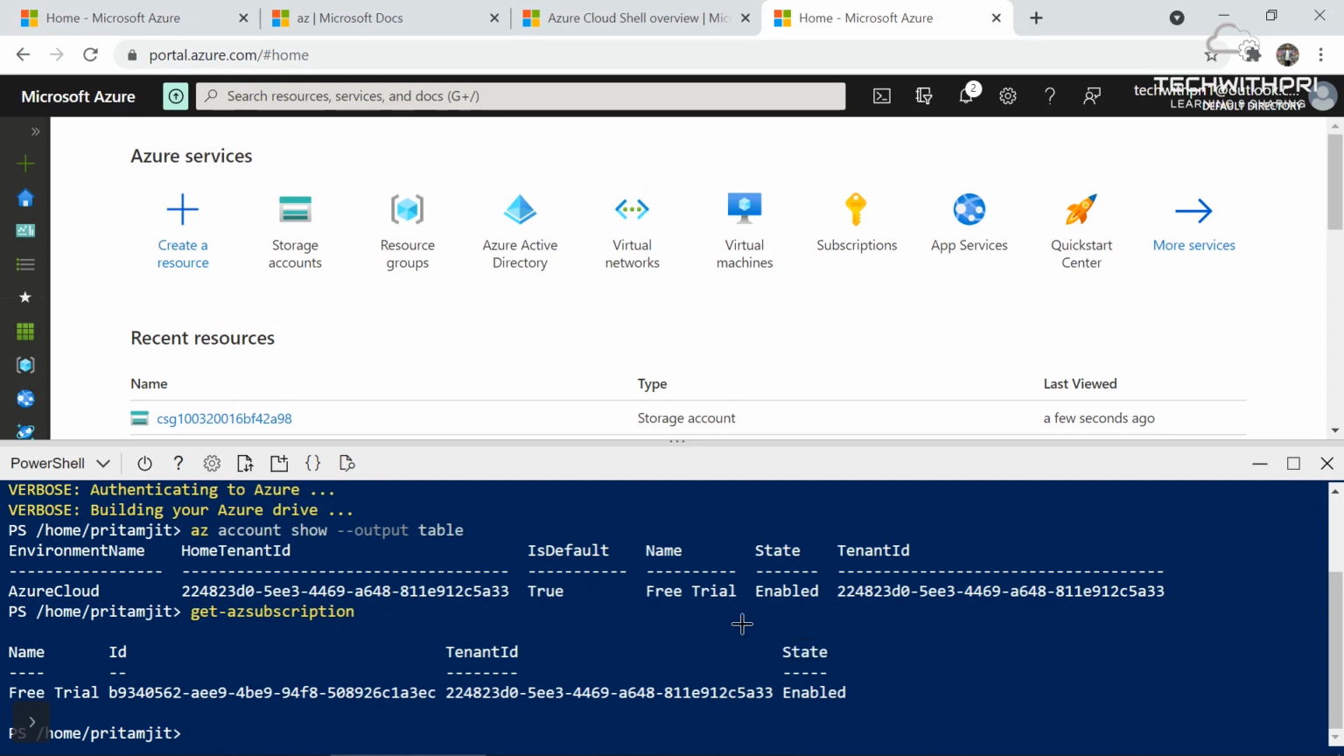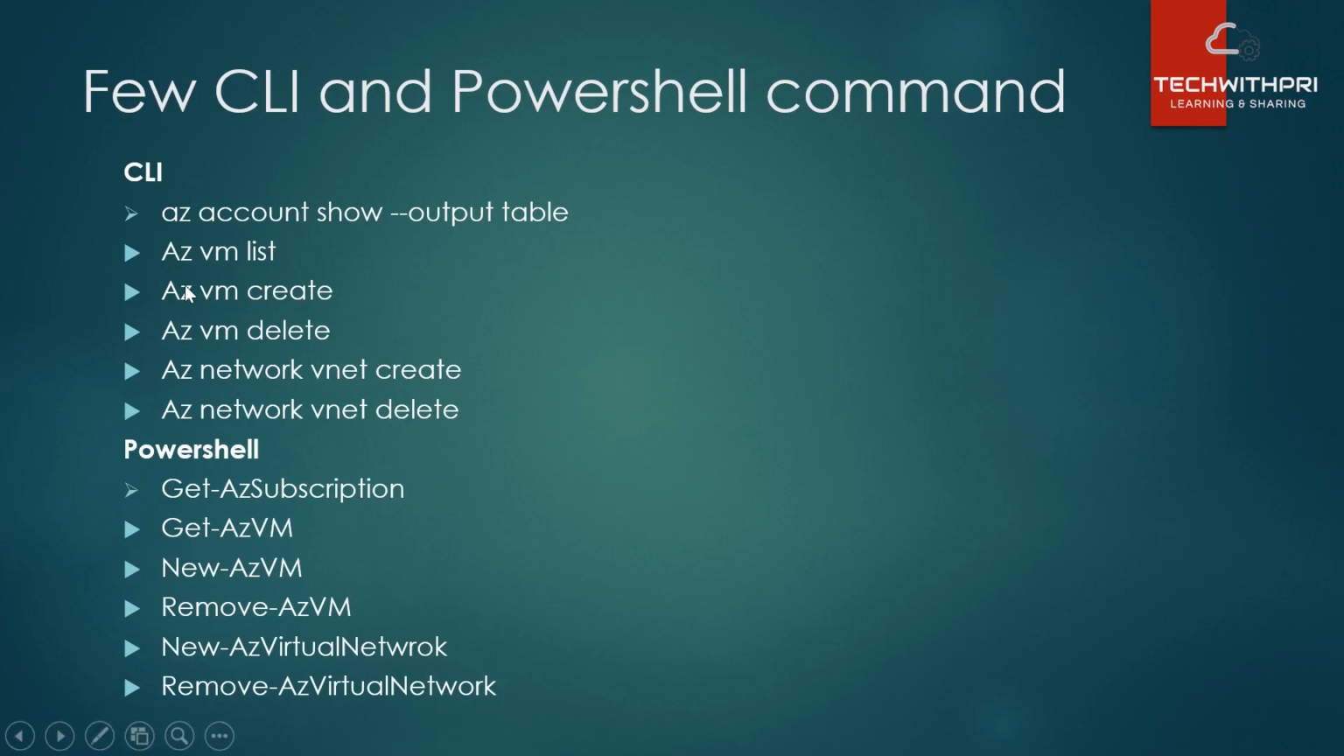Let's see a few more commands. Next we can see az vm list. It's az for Azure again, vm means virtual machine, list. So it will give you the list of virtual machines which are available in your Azure portal. If you have created two virtual machines, it will show the list. In the same way, we can use Get-AzVM to get the VM list in PowerShell. Again, to create a new virtual machine in PowerShell we use New-AzVM,